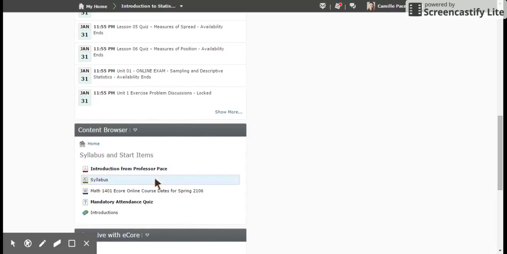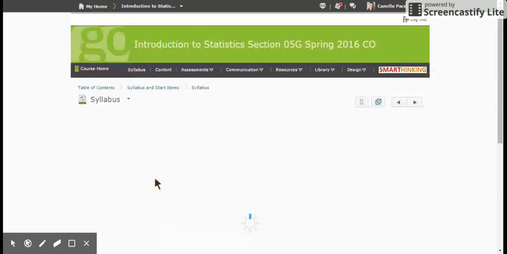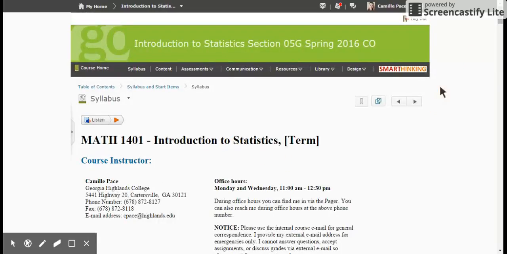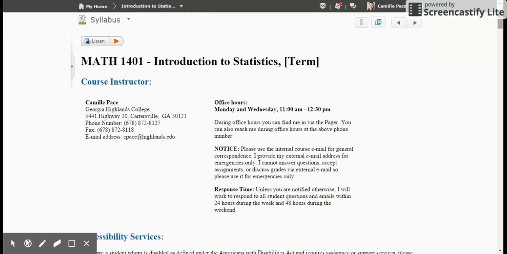The next thing you're going to look at is the syllabus. It actually is an HTML page, and I'd go ahead and read all through that. It gives you my contact information. My home institute is Georgia Highlands College, and I'm based in Cartersville, Georgia, which is north of Atlanta. There is a phone number. I'm going to advise you, I'm really never in my office. So the best way to reach me is email, either through here, or you can email me at